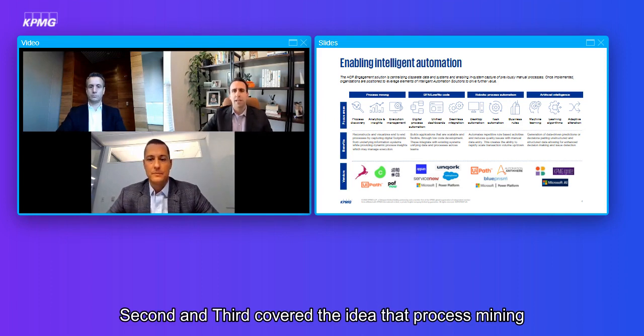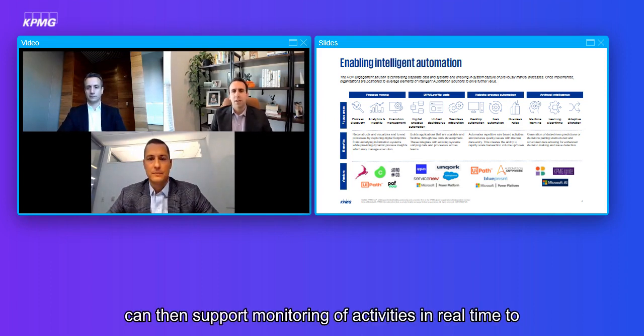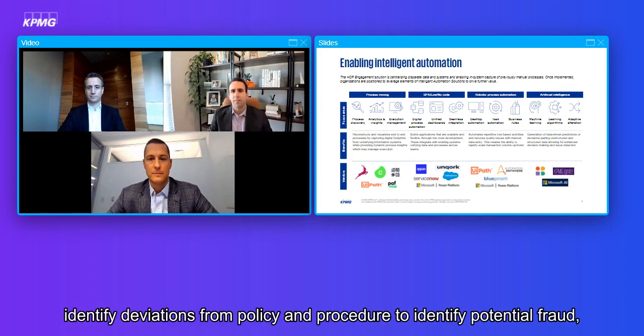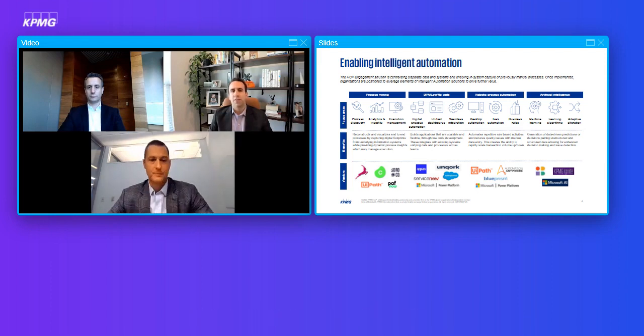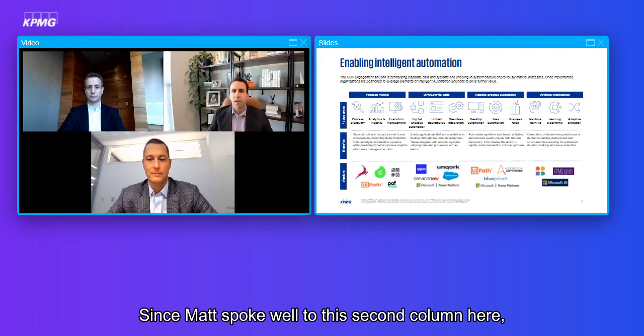Second and third cover the idea that process mining can then support monitoring of activities in real time to identify deviations from policy and procedure, to identify potential fraud, waste, and abuse, as well as operational inefficiencies. Since Matt spoke well to this second column here, I'm going to skip over that